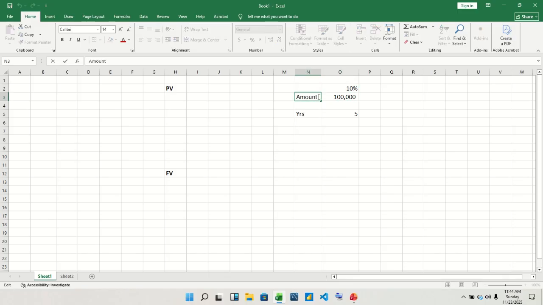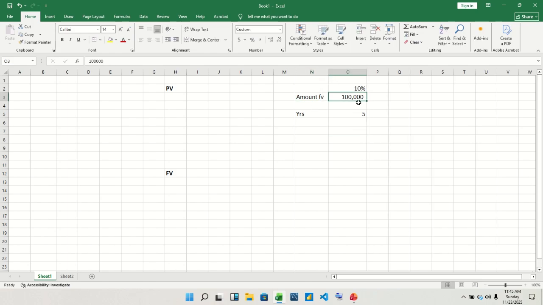So this amount here is the future amount, the future value, the amount they will pay you in the future. So you are to receive 100,000 in the next 5 years, but you want to know the present value. This 100,000 in these 5 years, I want to bring this 100,000 back to this year to know how much